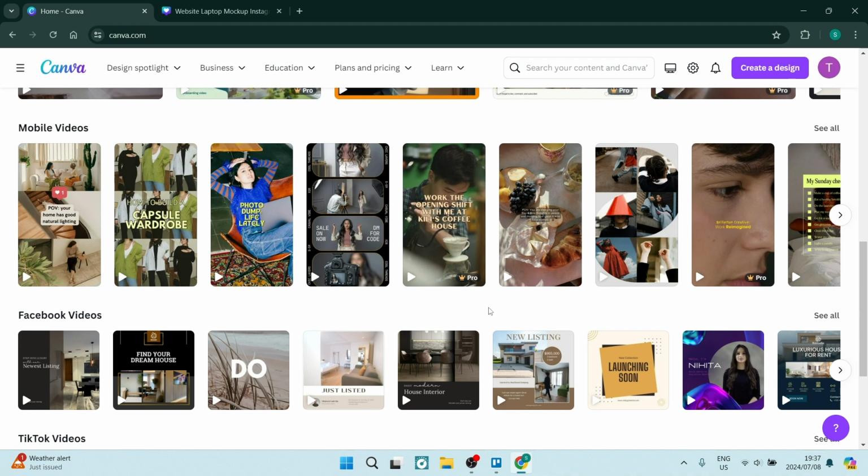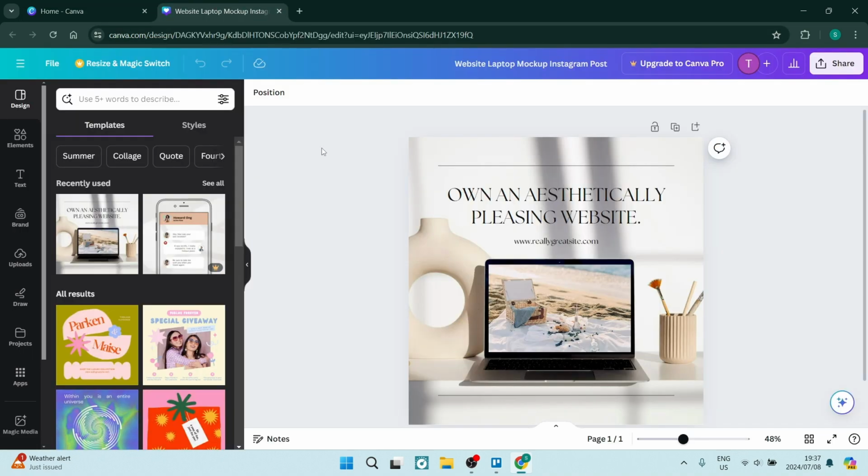Sometimes you will get away with having free usable templates. However, I do believe that the grade of quality on the templates that are part of the Pro version is a little bit better. When you're going into an actual design over here, you'll see that you have your template,